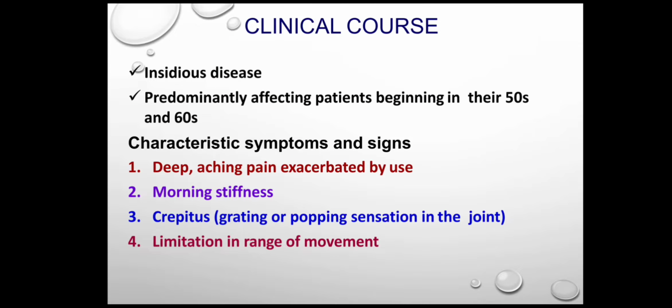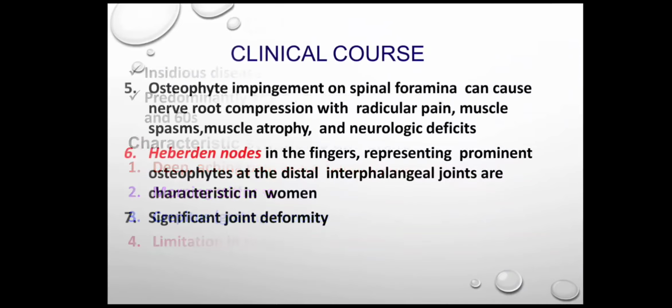So osteoarthritis has insidious onset and it predominantly affects patients in their 50s to 60s. The characteristic symptoms and signs include deep aching pain exacerbated by use, and relieved by NSAIDs, and morning stiffness will be there, crepitus will be there, and limitation in range of movement will be there. Clinically, osteophyte impingement on spinal foramina can cause nerve root compression with radicular pain, muscle spasm, muscle atrophy,